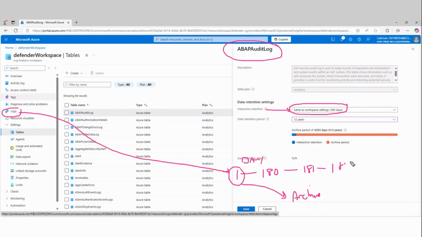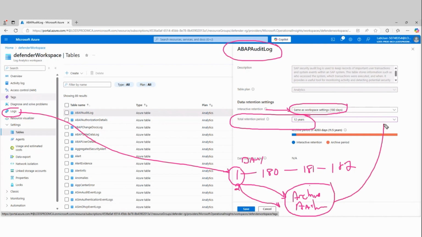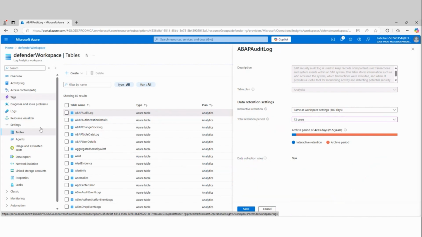On day 182, day 1 is already archived, and day 2, here's my day 2 data, that will be archived. So that's what happens. Only the most current 180 days worth of data is interactive. Everything older, if you configure it here, will then be archived. And my archive data, all that data will be stored for up to 12 years.